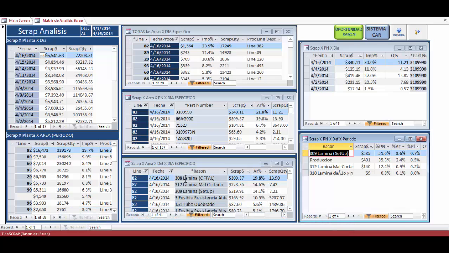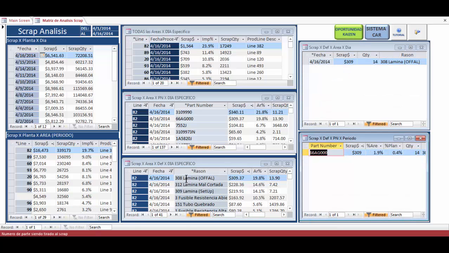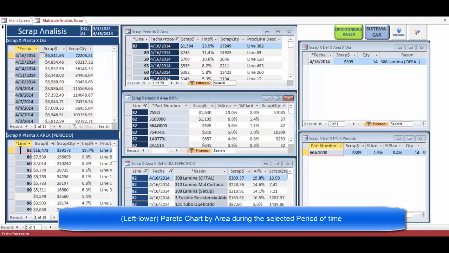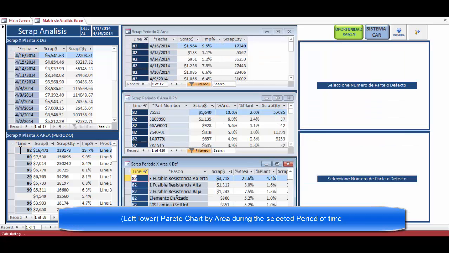We can also click in here and navigate to what happened on this particular date, on this particular reject, and the impact of the period. We can also navigate by area number. I'm going to click in here on the area number 82, and now what I have is